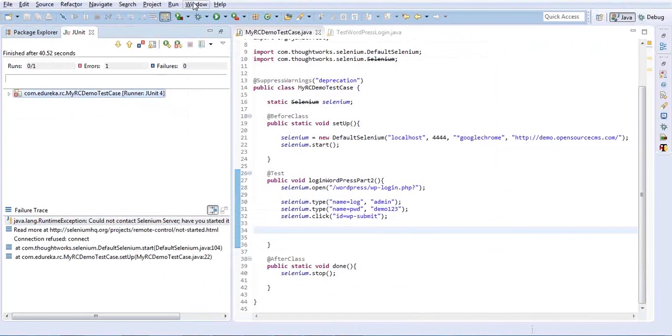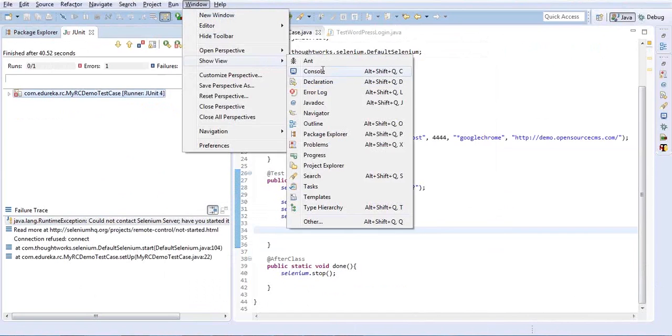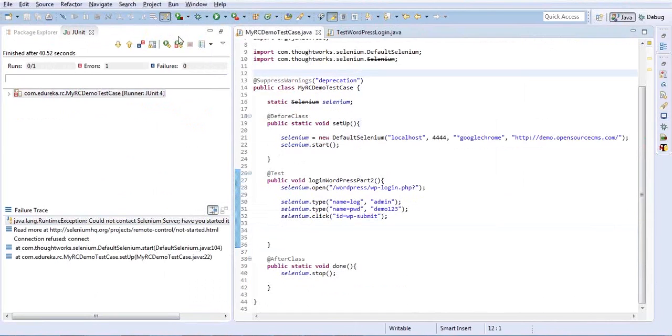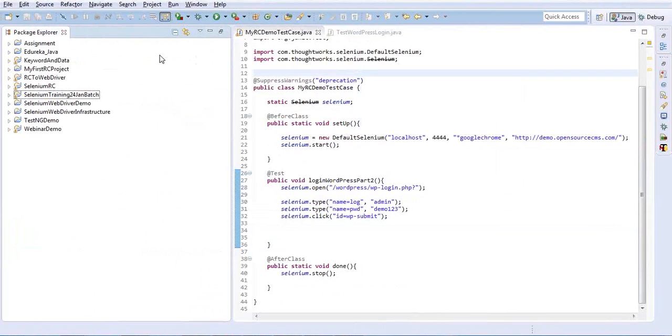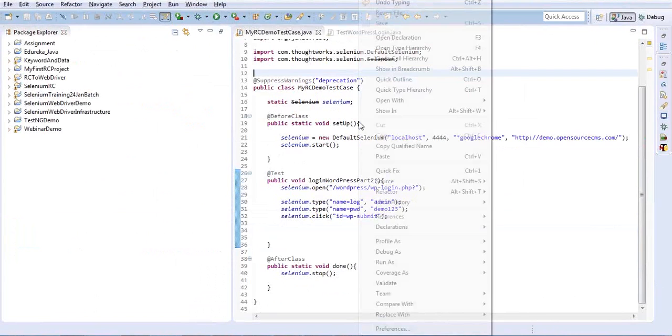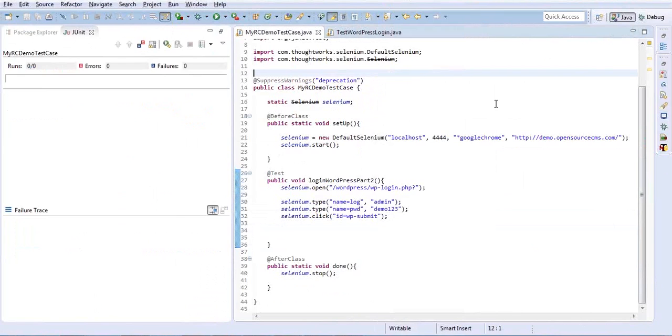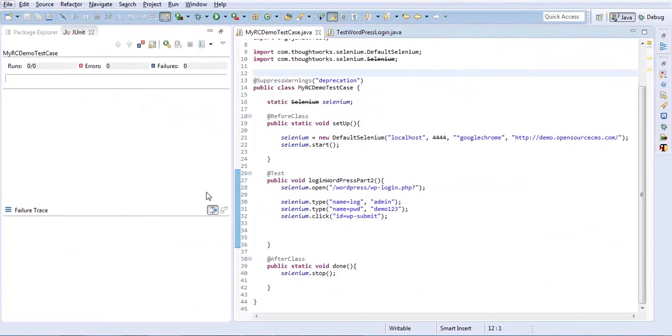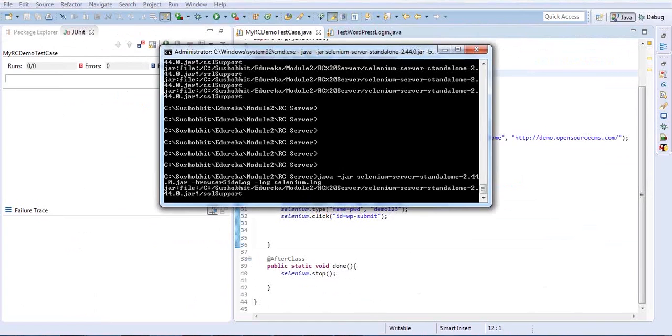Go to console. Right click, run as JUnit. Okay, let it come. By the time, I think the server is taking time, it's not at all launching, and I don't know the reason. I think I have to restart my Eclipse. I just stopped that time, right? It is saying that